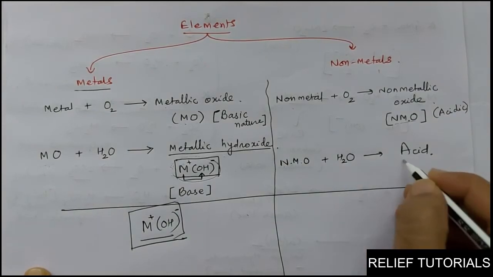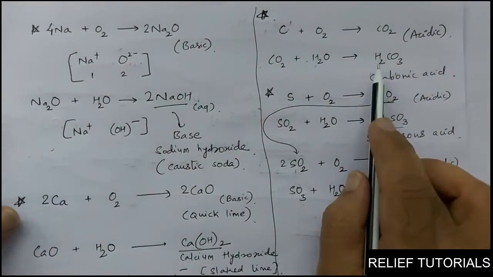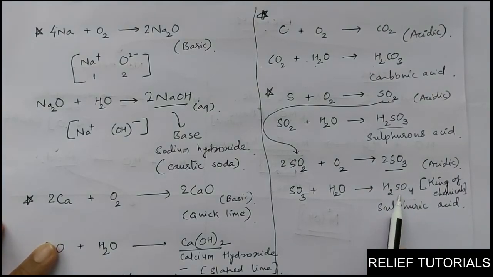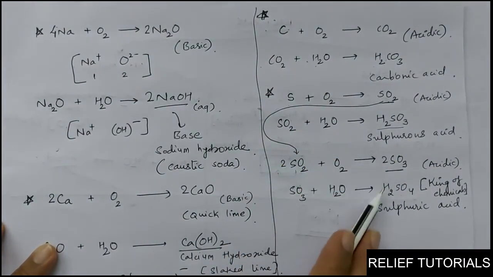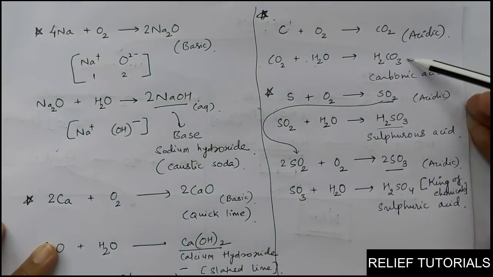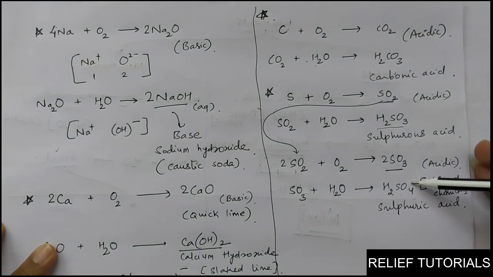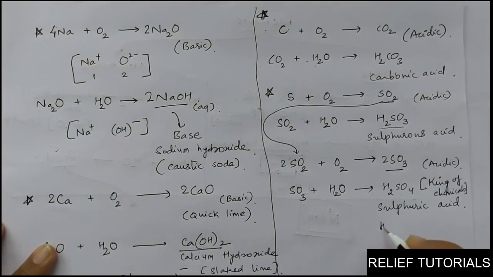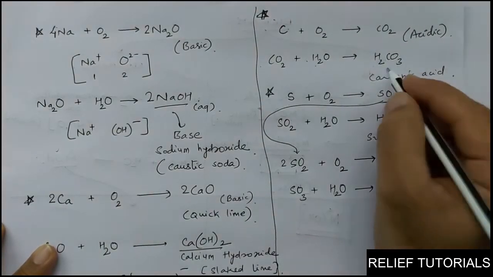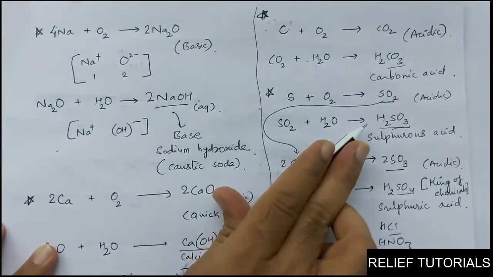And all the acids, look at these acids we have formed. Look at this H2CO3 having H. Look at this H2SO3 having H. Look at this H2SO4 having H. So H plus ion is fixed here. This is H plus ion, and CO3 2 minus, SO3 2 minus, SO4 2 minus. If you write HCl, H is 1 plus and Cl is 1 minus. If you write HNO3, H is 1 plus and NO3 is 1 minus. So NO3 minus, Cl minus, SO4 2 minus, SO3 2 minus: these are the negative ions along with the H plus ion.